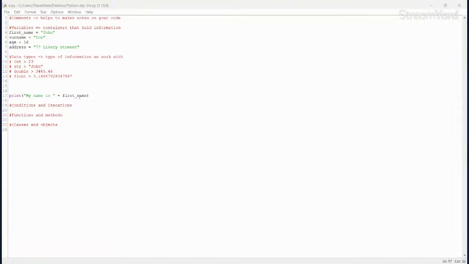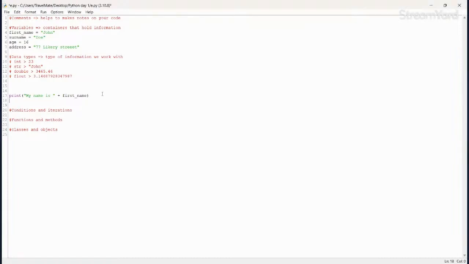So now, as your program grows and progresses, what if we want to change the first name, right? So we don't always have to input the name John every single time in our program. Because imagine if we had 30 lines of code and we actually need to change this value, right?